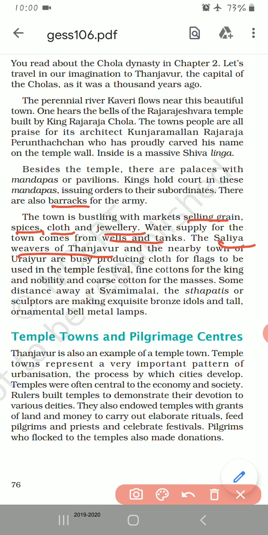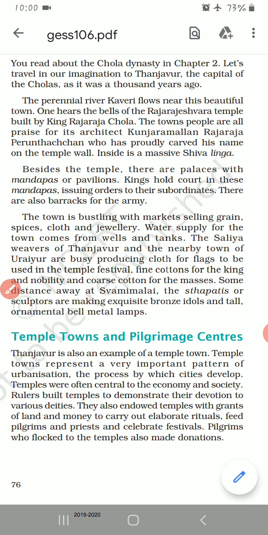Salia weavers of Tanjavur and the nearby town of Uriyur are busy producing cloths. Now when you go there, you will see that some weavers are busy producing cloths for the flags. Why? Because there's a temple festival. Now fine cotton cloths are for the kings and the nobility, and coarse are for the